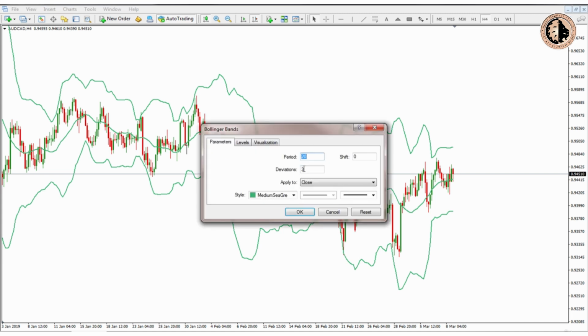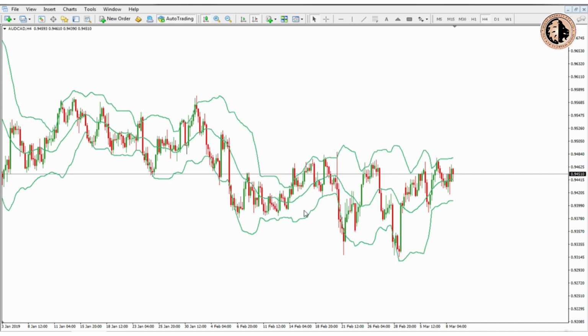Traders generally use standard deviation 2. So we'll enter deviation 2 as well. Now, the indicator tells us that the price will move within this indicator 95.4% of the time, while only 4.6% of the time the price will spend outside this indicator. We see a breakthrough of the indicator here, here, here, and down here. The assumption of this indicator is that there is a good chance that if the price breaks the lines of the indicator, the price will return to its frame very quickly, because the price is on average within the indicator